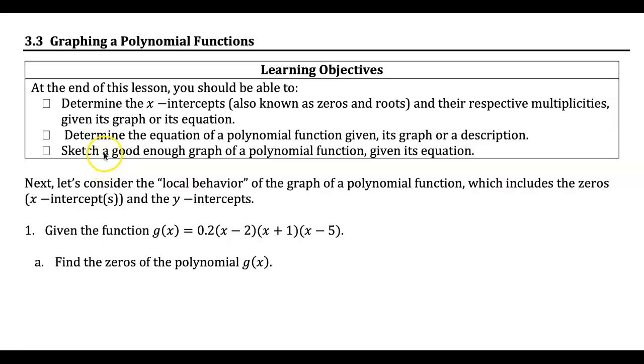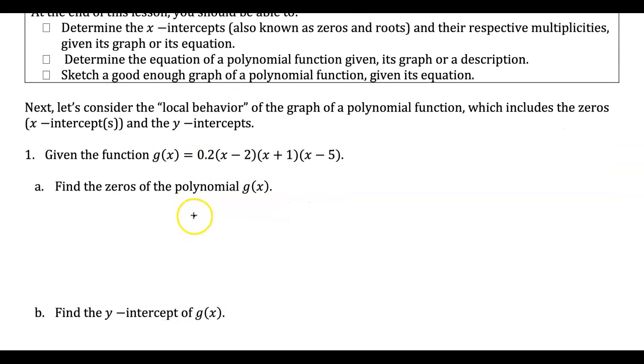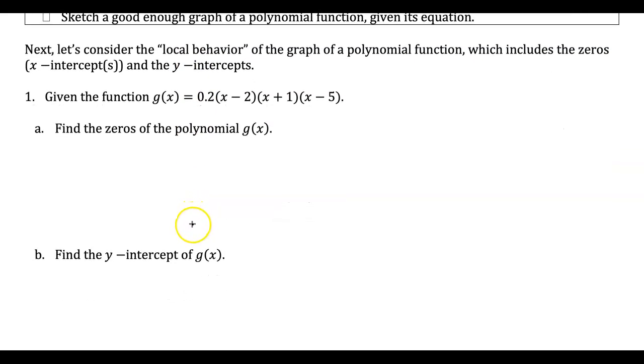And we should be able to sketch a decent graph of a polynomial function given the equation. Okay, so let's start by considering the behavior of a polynomial function. In this function, we have g of x is equal to 0.2 times x minus 2 times x plus 1 times x minus 5. Now, when the polynomial equation is given in factored form like this, if it is possible to, it gives you a lot of information